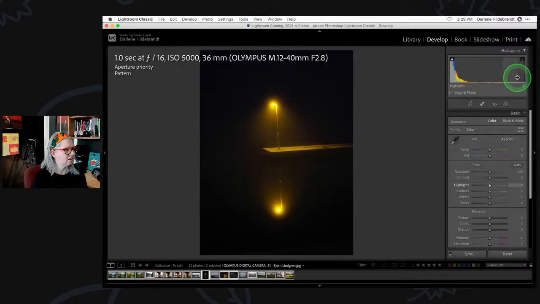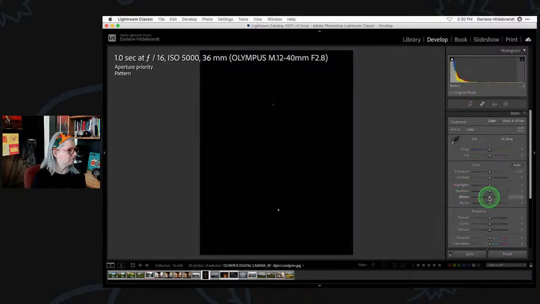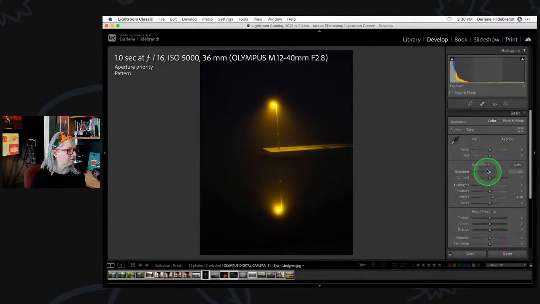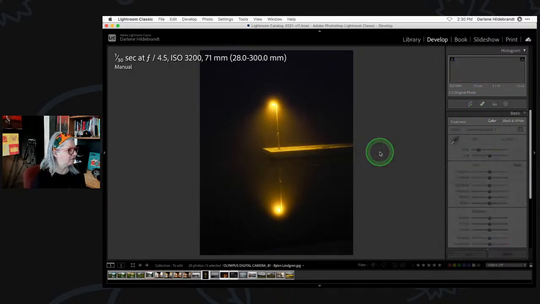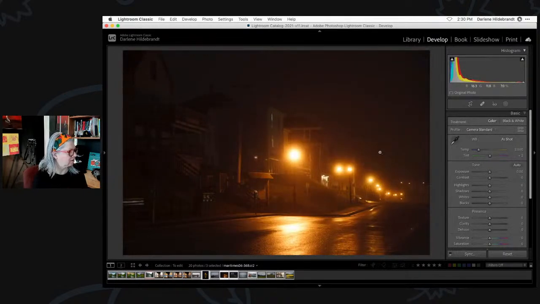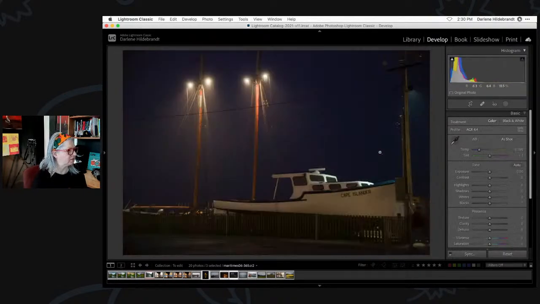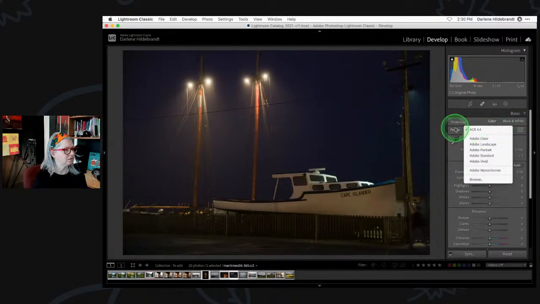Also, you see how there's not much in the midtones here, and even the light here isn't really that bright, right? If I try and do my little trick here, the light itself is clipping. If I try and increase the exposure, there's no detail to be had. So I would kind of leave this one alone because there's not really much you can pull out of that JPEG. Just to show you something comparatively, if I go and edit this one that I shot,